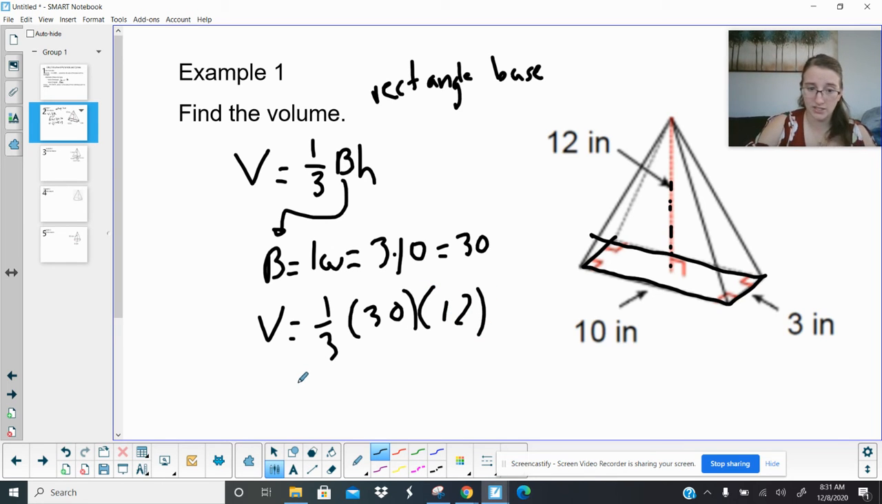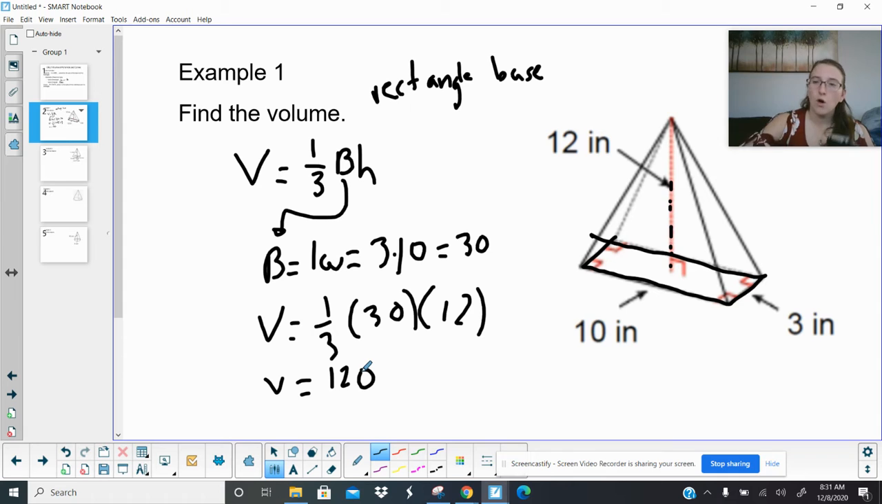And then we just got to plug this into a calculator. So we got 1/3 times 30 times 12. Let me grab my calculator here. 1/3 times 30 times 12. We should get 120. Now again, you're not going to need to do this on the test, but we want